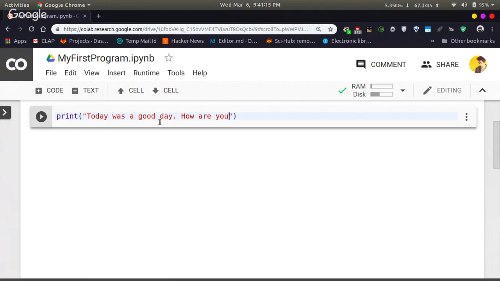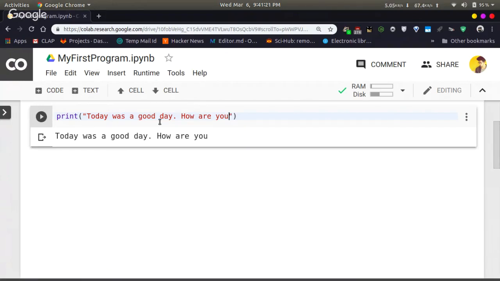To run this cell, as I have mentioned, you can press Control Enter, and it will run this cell. If you want to run a cell and create a new cell immediately, you can press Shift Enter. That is what I usually do.